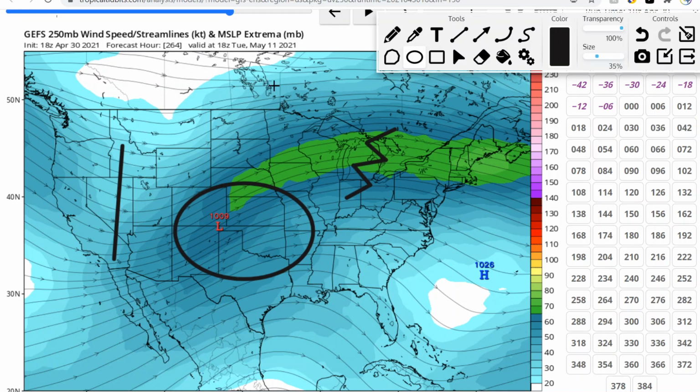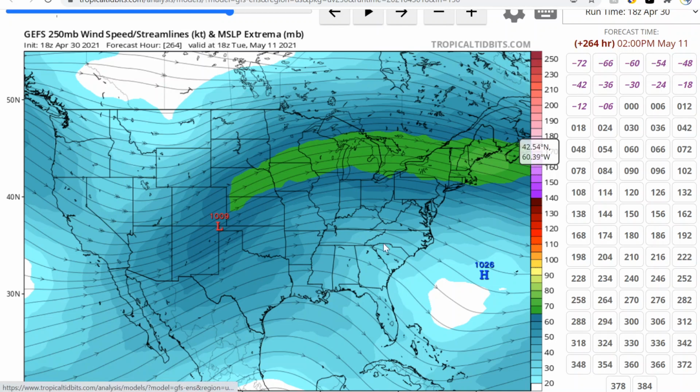So this is something that needs to be watched, especially since it's showing up at forecast hour 264 on the Ensemble. So that is something to monitor, and I'll have more on that in future videos,